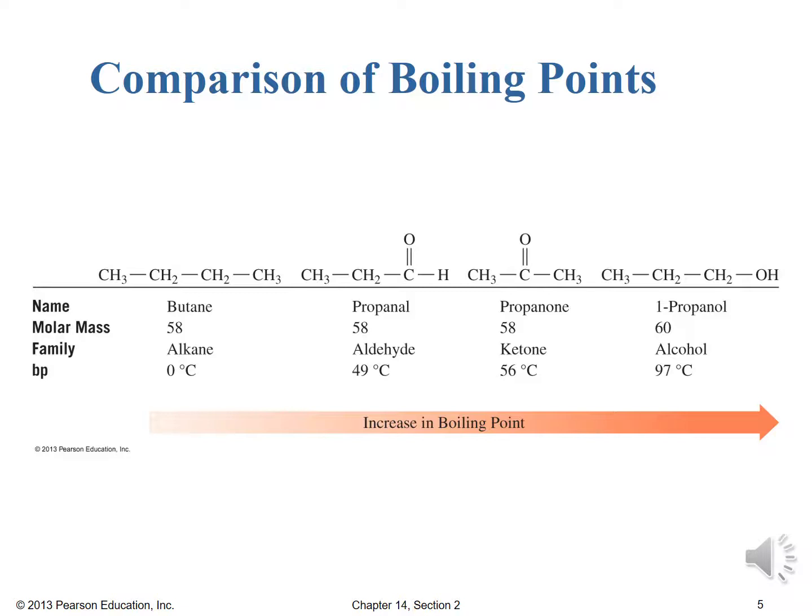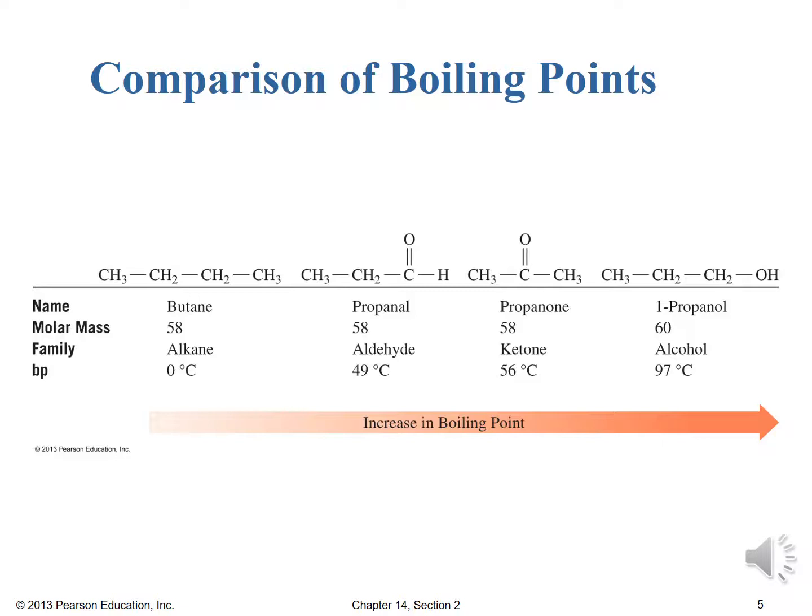So butane itself, molar mass 58, family alkane, has a boiling point right at 0 degrees Celsius. If we look at the aldehyde propanal, it also has a molar mass of 58. The family it belongs to is aldehydes, of course, and its boiling point is significantly higher at 49 degrees Celsius. If we look at propanone, now we have the ketone, and its boiling point is even higher yet,